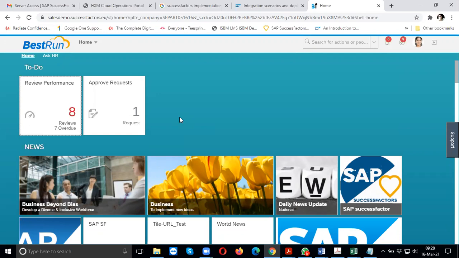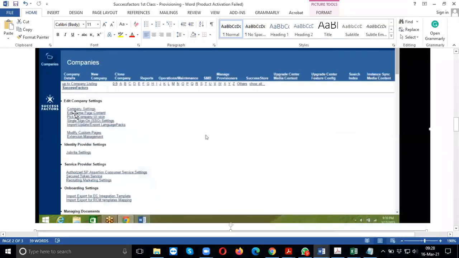If the person is already accessing provisioning, once they have uploaded the company settings, edited the home page content and picked the settings, there will be another step involved wherein the company will send a request for an instance to SAP.